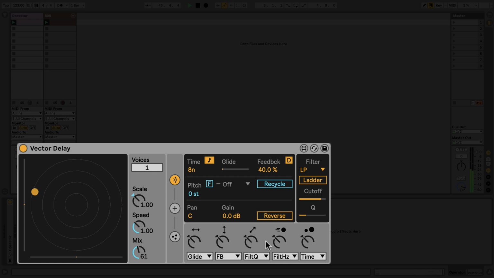At the bottom of the Delay Parameters tab are 5 particle attribute controls that allow you to map attributes of the particle simulation to elements within the delay. The first control uses the horizontal position of a particle within the display to affect an element of the delay. Let's map this to control pan.